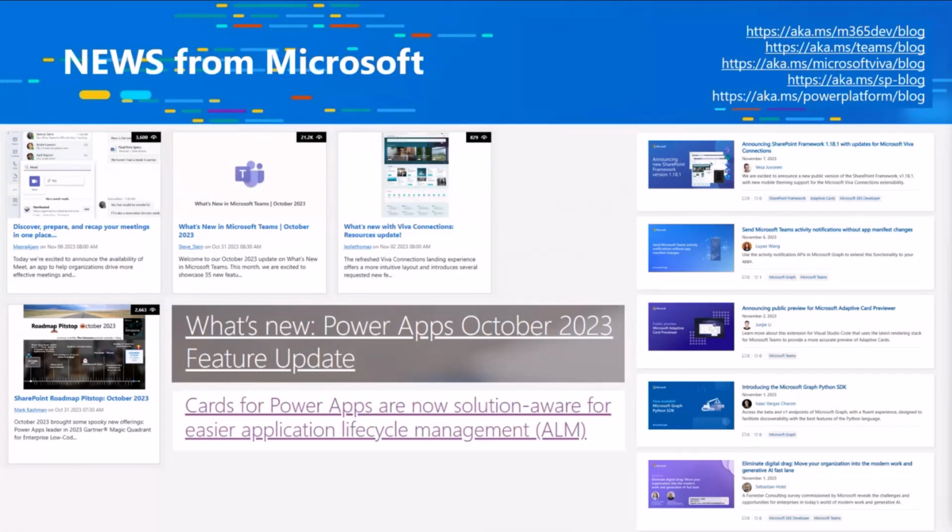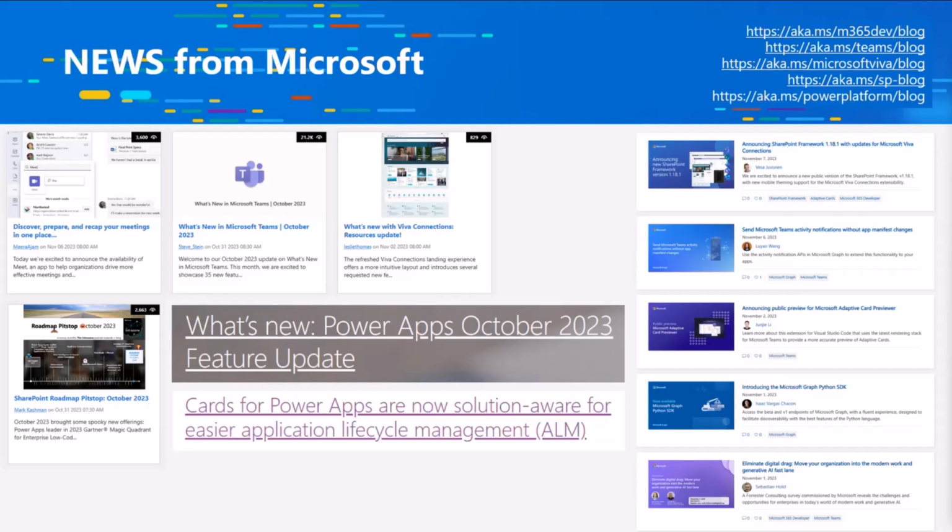Now, this week, not a massive amount of news, but a lot of news getting into that Ignite mode. So we can imagine that during Ignite next week, there's going to be so much new news available. Just to call out a few things here, we announced the Meet experience within Microsoft Teams, which is really, really cool. All of the details around your meetings from one central location. So meeting recordings, meeting summaries, all of that stuff from that particular application.